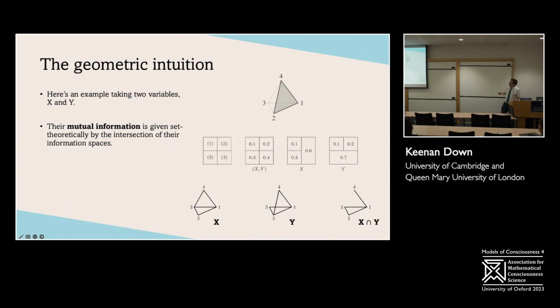So there's a geometric intuition for this. Here's, for instance, two frames. We have X and Y. These represent essentially the information encoded by X and information encoded by Y. And then if you intersect them, you actually get a nice set theoretic intuition for what the information is that's actually shared between them. So this would be the mutual information between X and Y.